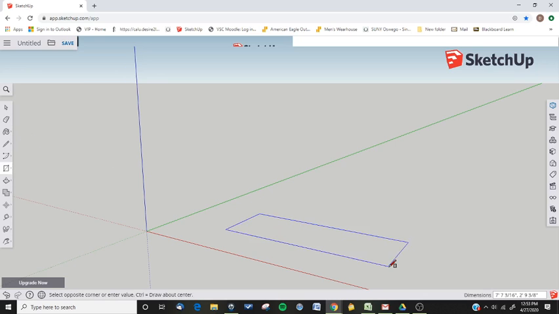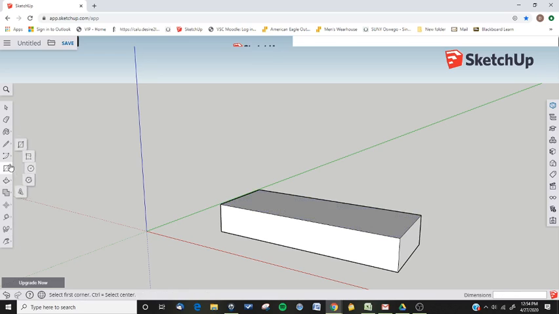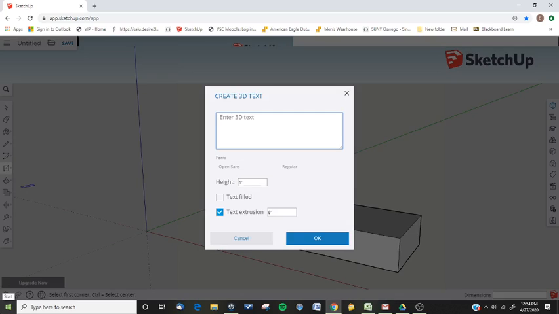you're going to need a box. Any size will do. Then extrude that box using push-pull. And just do a little bit right there. Then the next thing you're going to do, so you're going to go to the text tool, and it will open if you click on it better. So I'm just going to write,